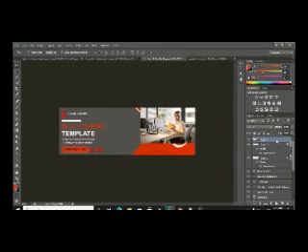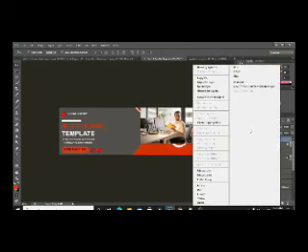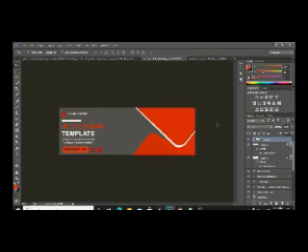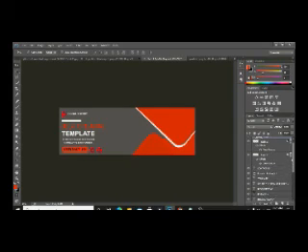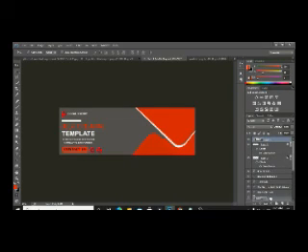Then left click and create clipping mask. Okay, why is it not clear very much? Red one, where is our red one layer? We have to put that layer below the red one.